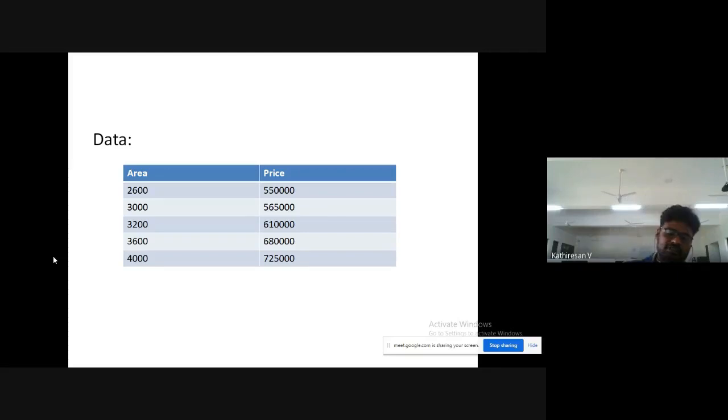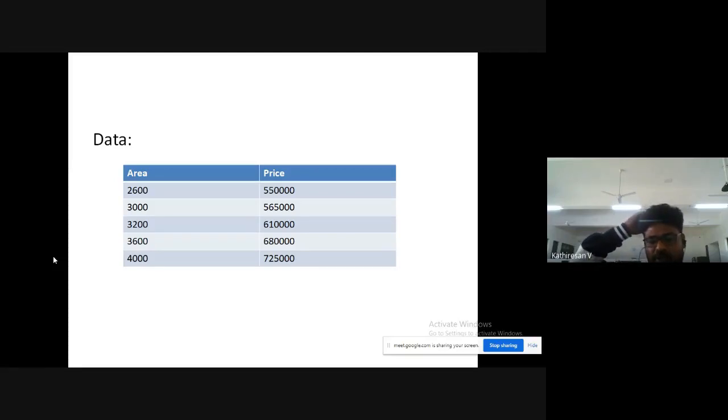Now we are having a data like this. This is a sample data only, not real-world data. It is a simple data with very few entries. This data has two attributes: one attribute is area, another is price.